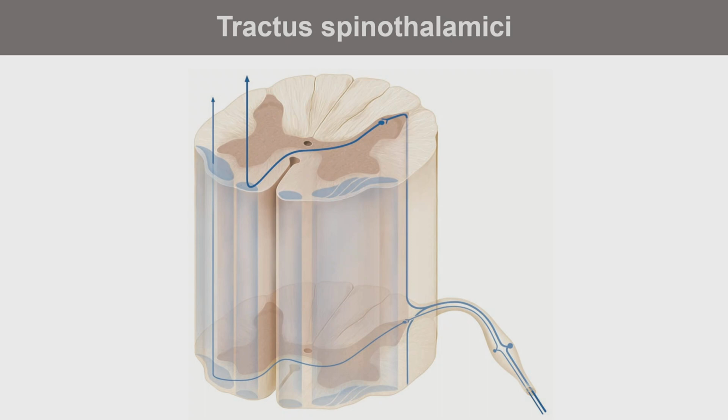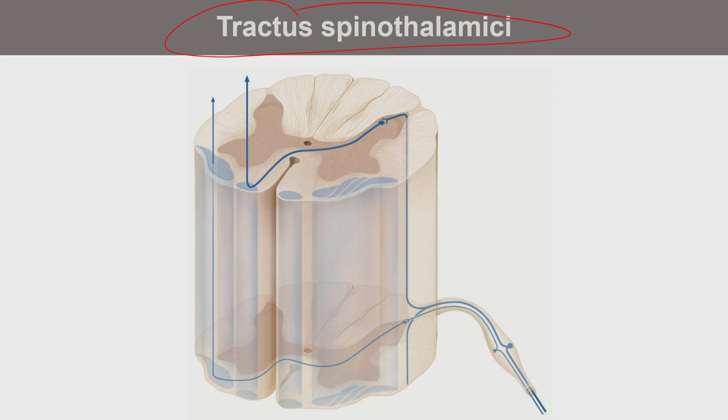So those tracts are the previous tracts, cuneatus and gracilis, leading the tactile, fine touch, and the second information, which is very important, this is conscious proprioception. So information about motions of the muscles, tension of the tendons and ligaments. So this is conscious sensoric information, sensations. Now we have tractus spinothalamici, spinothalamic tracts.